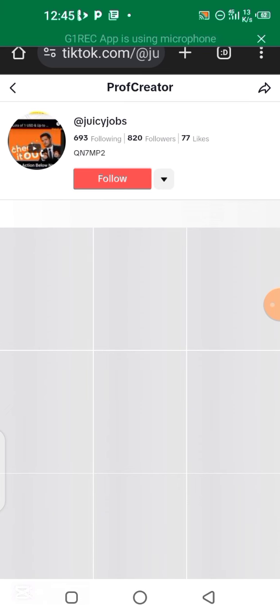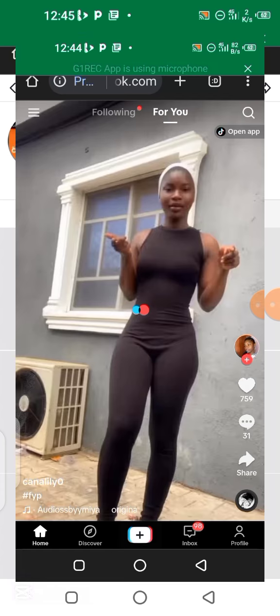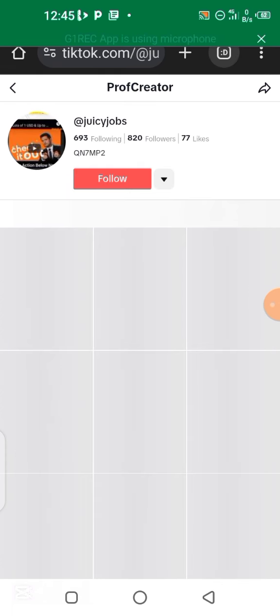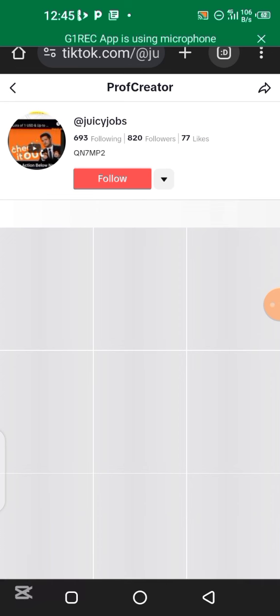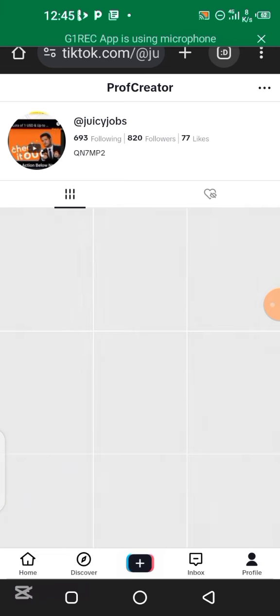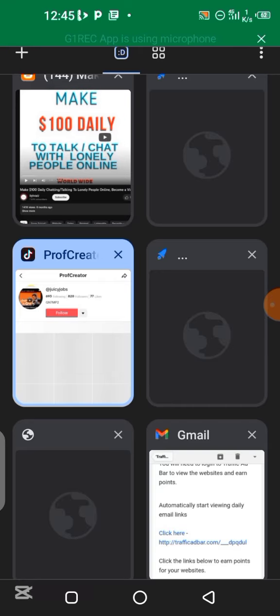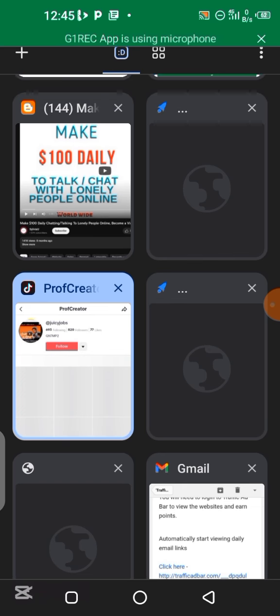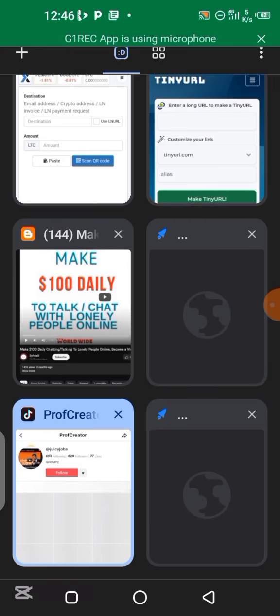So what you do right now, after you have logged in to your TikTok account and it's looking like this, is you now go to your Floodify account. So let me go to my Floodify account and connect it to my TikTok account, so that Floodify will start sending posts to my TikTok account, and as they are posting on your TikTok account, you are going to be earning dollars in your Floodify account, which you can withdraw. So this is a passive income. In this income project, you earn in dollars and you withdraw to your PayPal or your Payoneer account or your crypto wallet. So I'm going to be showing us how to connect our account to Floodify.